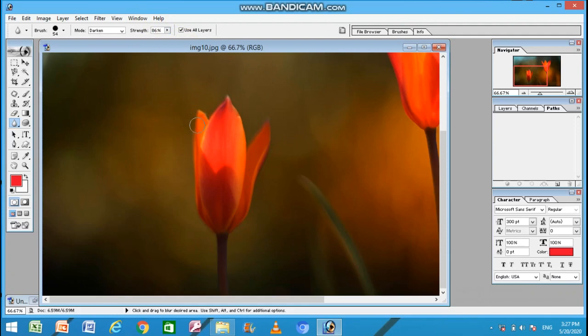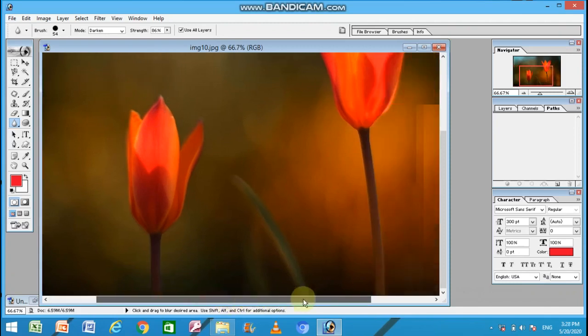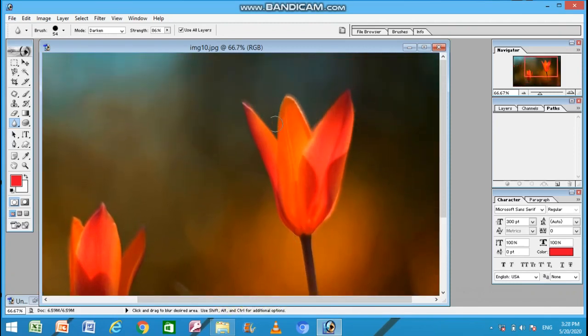Now you can see when I have increased the strength more, the blur operation is now more effective. So in this way you can use the blur tool to soften the edges of the drawing.